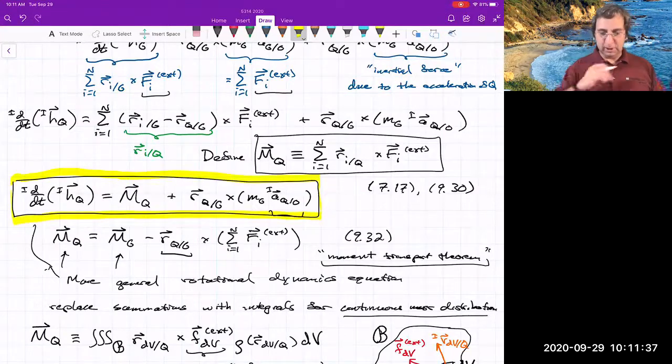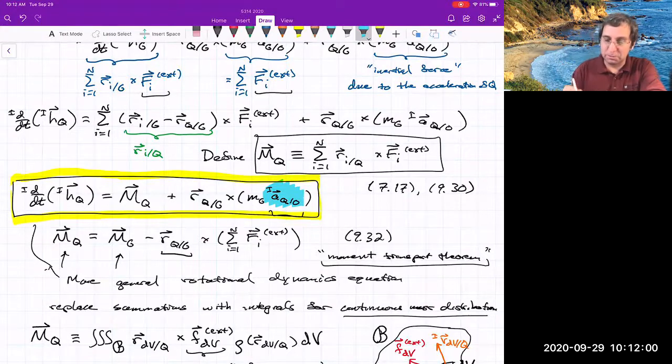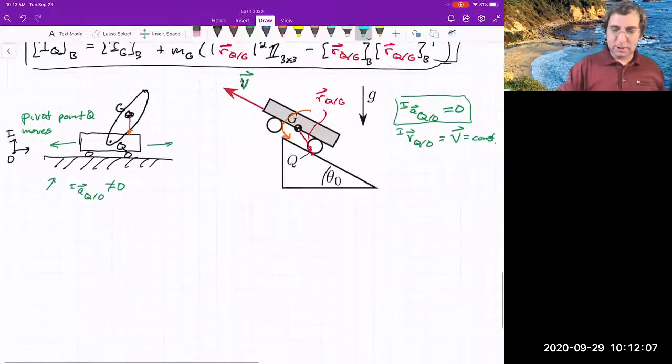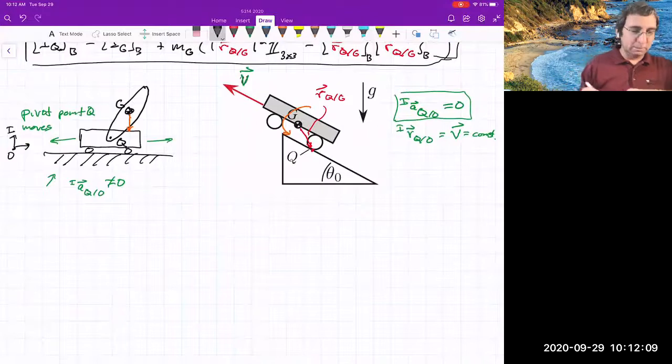So let's look at that. Okay, there's a special case. There's two special cases. If Q is not accelerating, then this part is 0, so that second term goes away. There's another way the second term can go away, which is if Q equals G. So if you happen to use G as your reference point, then RQG is the 0 vector, and that goes away. So the two special cases where this reduces to something simpler are,